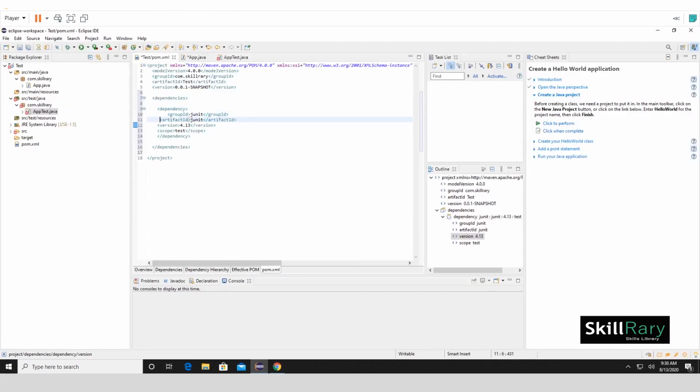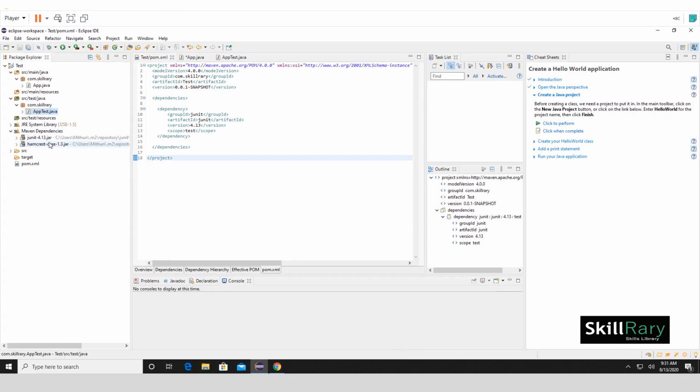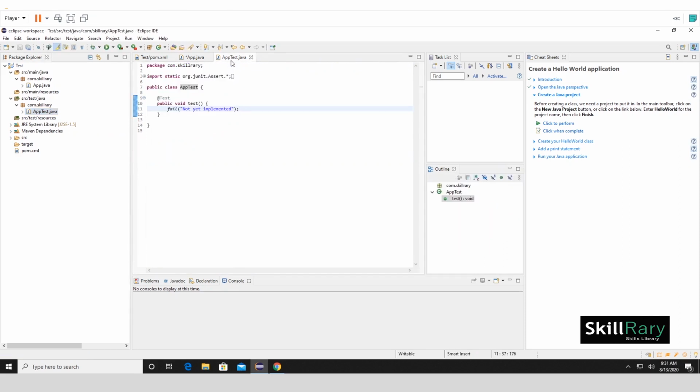Let me do indentation and save the project. Once you save the project, come back to AppTest.java. Once you save it, you would notice that Eclipse has created a Maven Dependencies folder. Let me expand this. And you would see that it has directly added the JUnit jar files. So let me go back to my AppTest.java, and you would see that all the exceptions which were available earlier